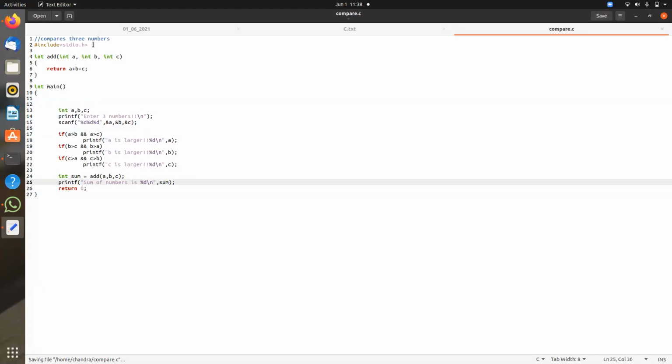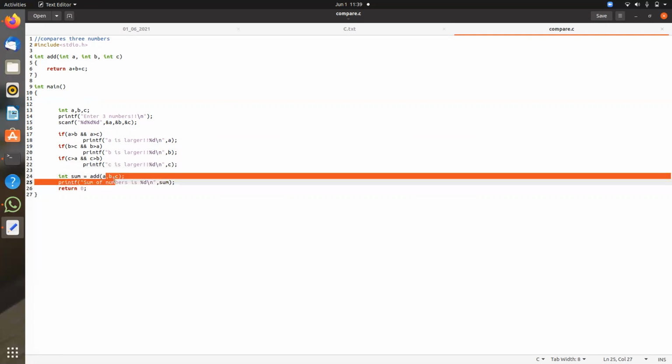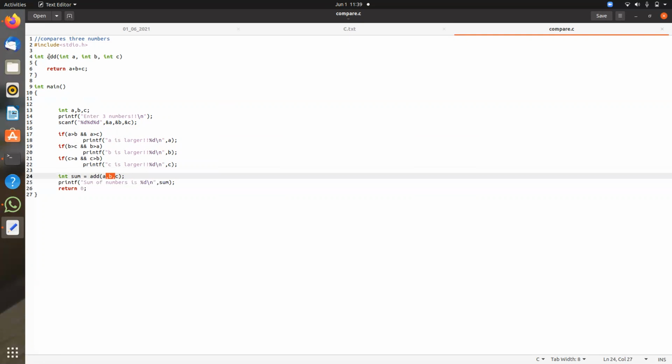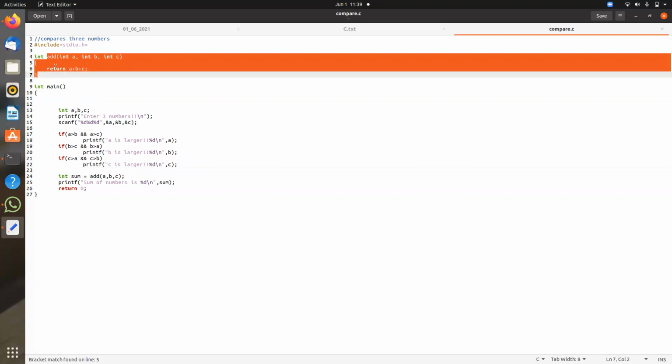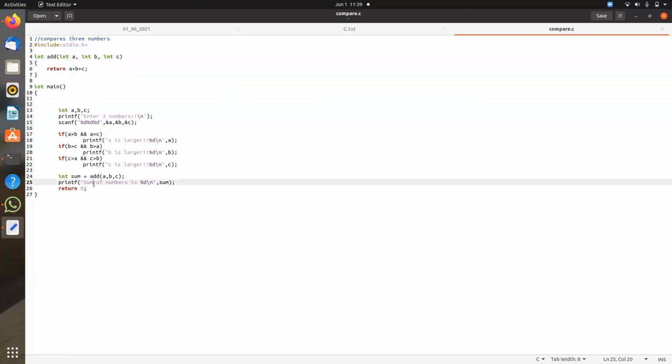Here you can see two types of function calls. One is printf getting called, and we are passing a string and a number. The other is the add function call, where we are passing three numbers. The add function is already defined here; this is called the definition. When the control comes here, it will call the add function, and it returns from here and keeps continuing.